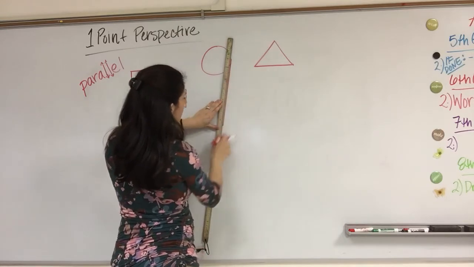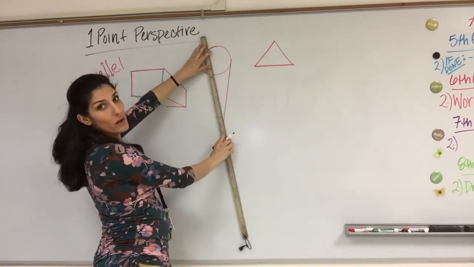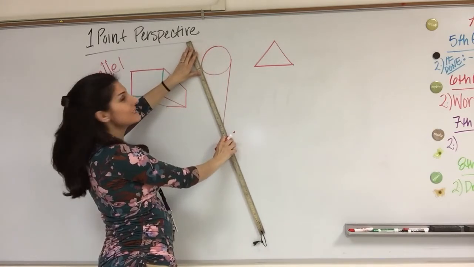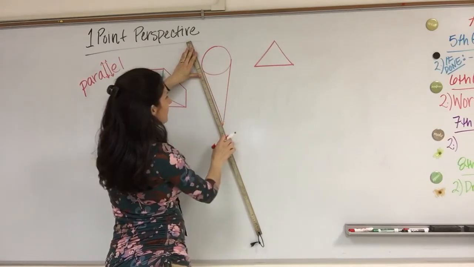And I'm just going to connect the widest edge to the vanishing point, okay? I'm going to do the same thing here. I'm going to revolve my ruler around until I hit the widest edge. Let me make sure I'm lined up, and then I'm going to connect that guy down to the vanishing point,